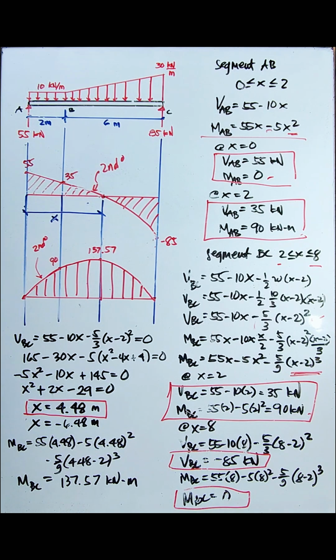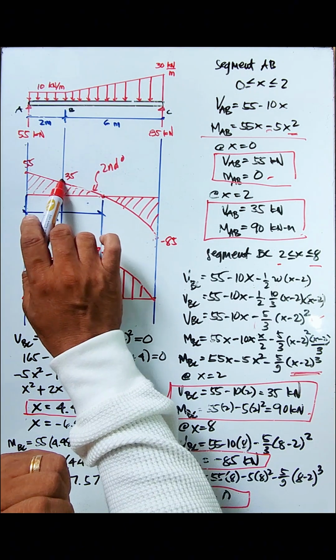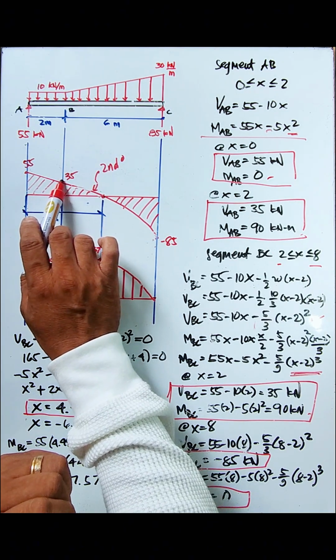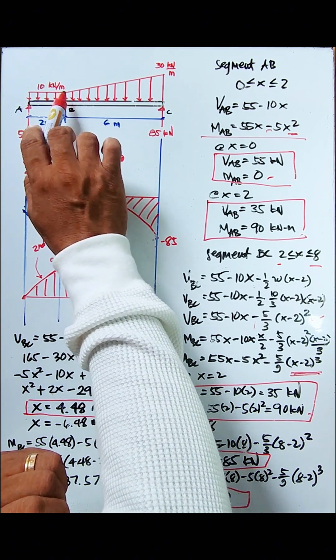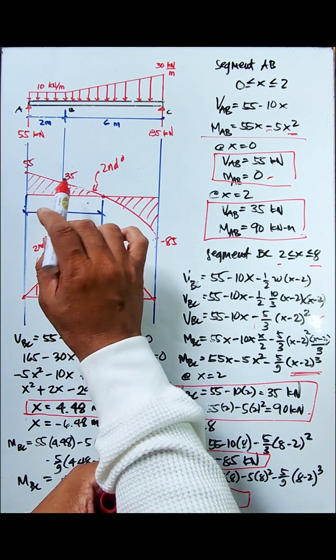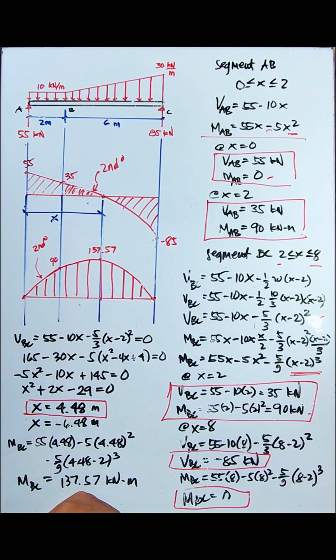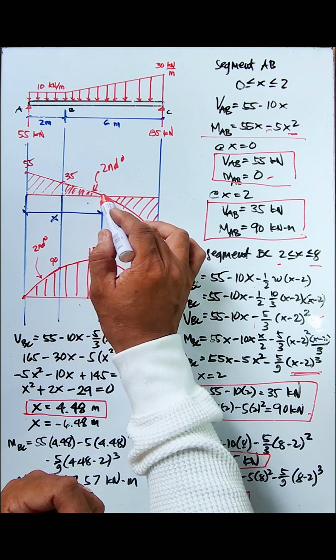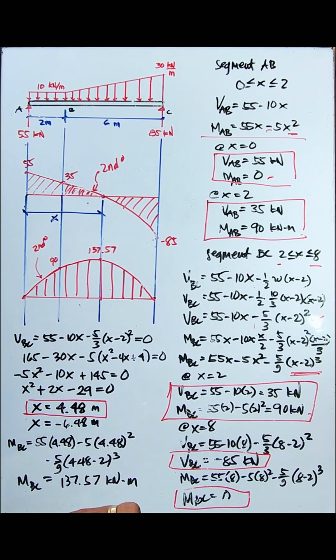Okay, so in our future video, we will solve this one again without the use of the equation. So this is a little bit tricky because the slope at this point here is not 0. If we look at the intensity of the load, there's a value of 10 kN per meter. So it's a little bit tricky to solve the area of this part here, as well as the location of this point of zero shear. But we'll find a way to solve this without using the equations.